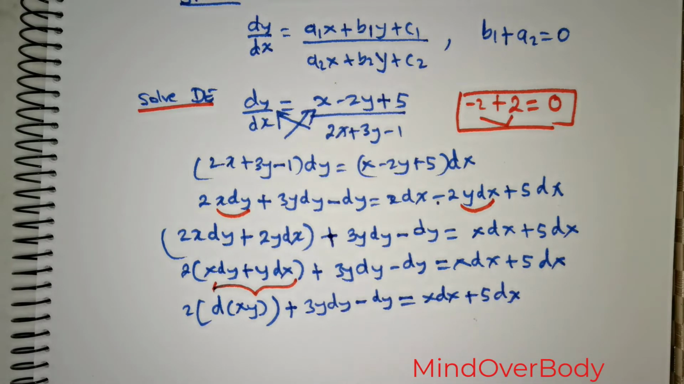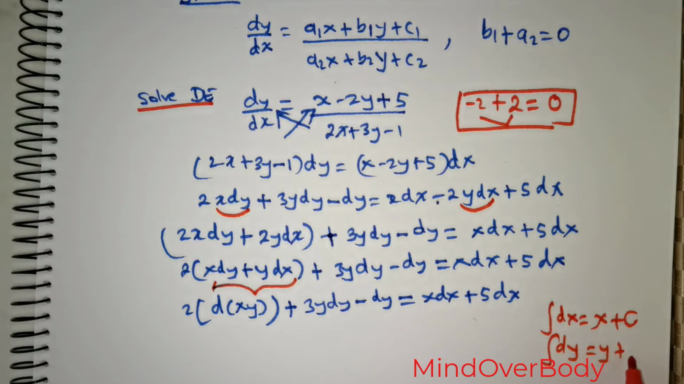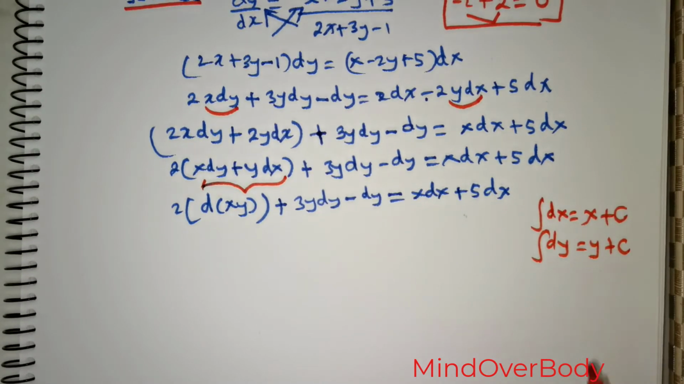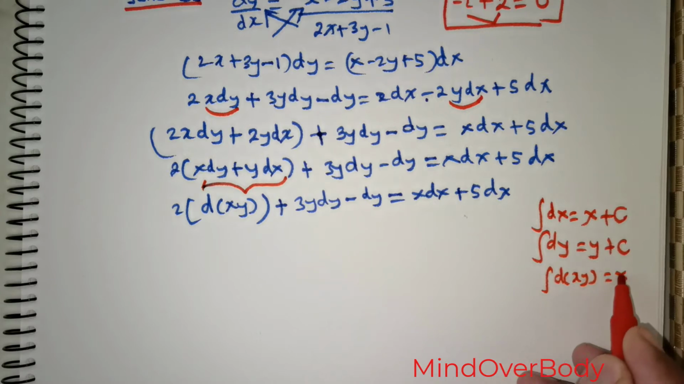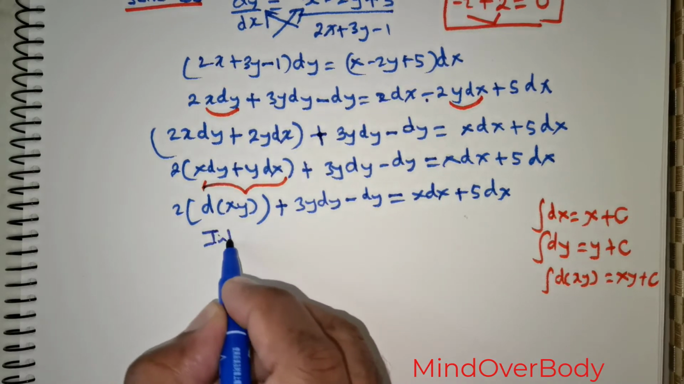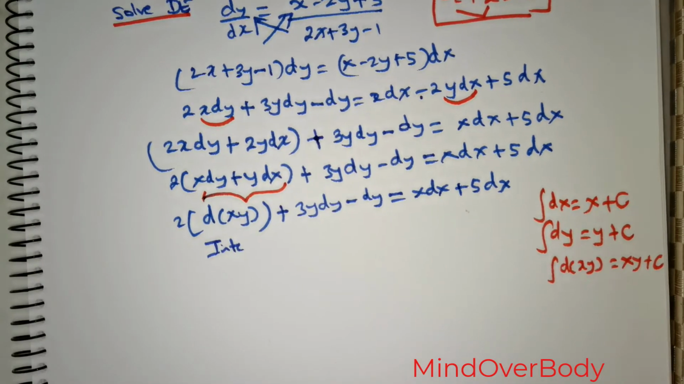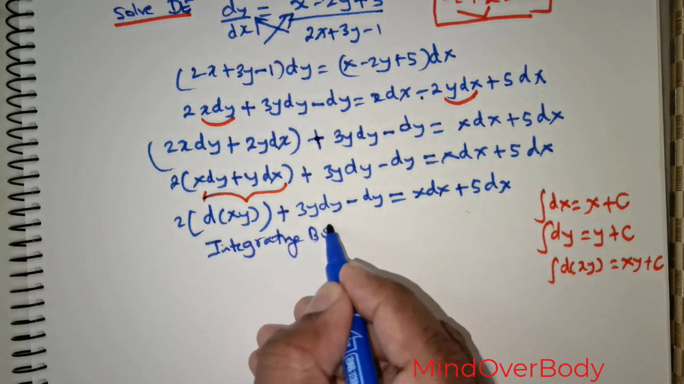Now it is imperative for us to know that if I were to integrate dx, I would get x. Of course there's an arbitrary constant c. If I were to integrate dy, I would get y with an arbitrary constant c. And if I were to integrate d of xy, I will get xy with an arbitrary constant c. So that is what we have to remember. So if I were to be integrating both sides,